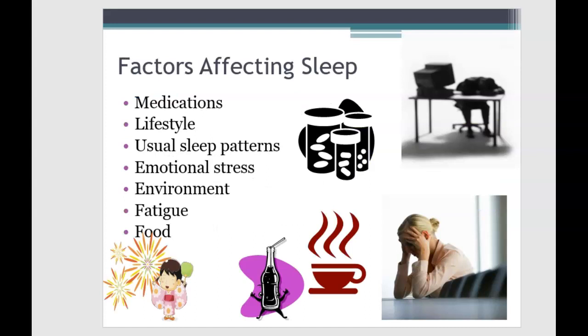As you know, as being a student, there are so many different factors affecting our sleep. You can have the stress of trying to study for exams that are coming up, medications, lifestyle, emotional stress, just the environment. When patients are in a different environment, i.e. the hospital,